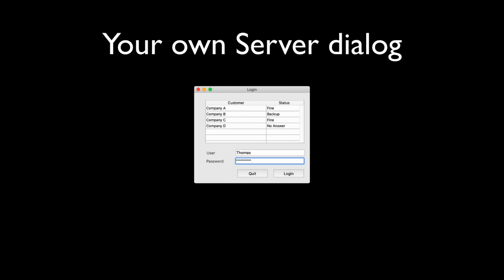And that's not all. You can now handle the complete login process yourself. Show a list of servers, in-house or in the cloud. Check and display the availability. Combine the server selection with your own login data. Use it for the first login, or if you already connected, just switch to another server on the fly.